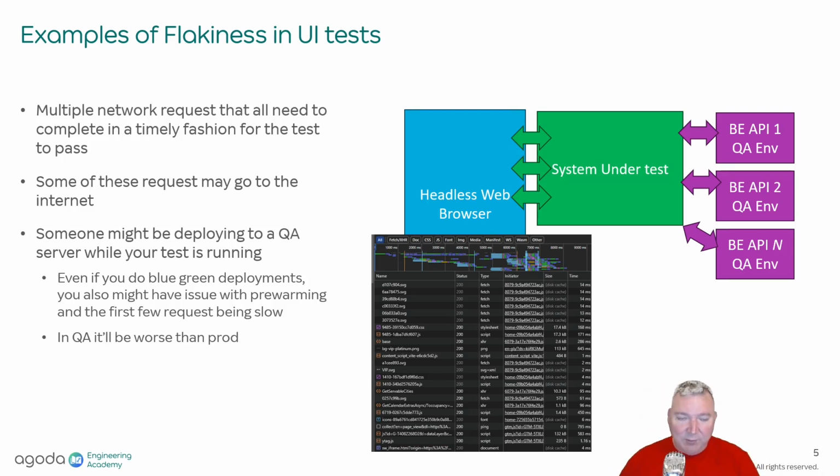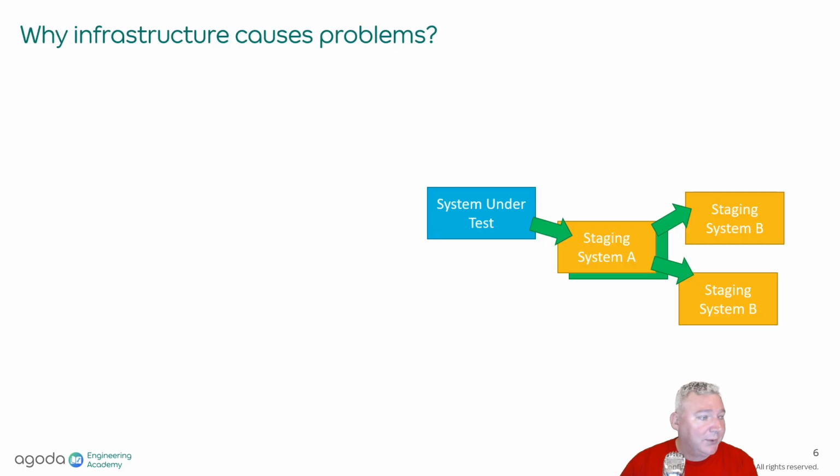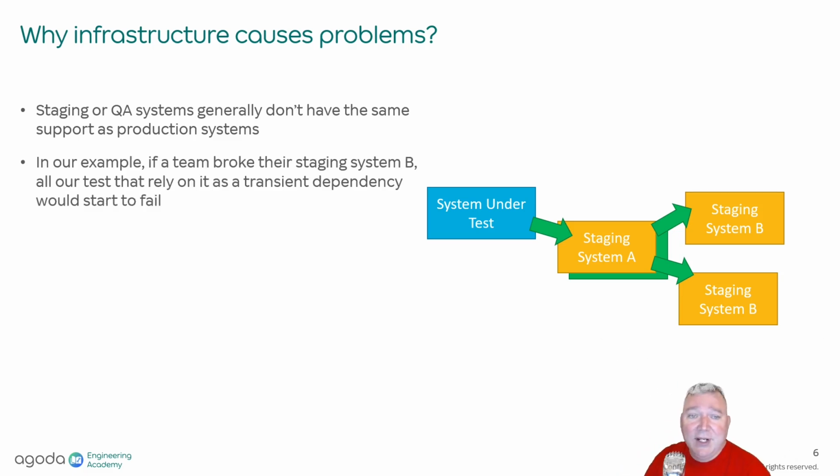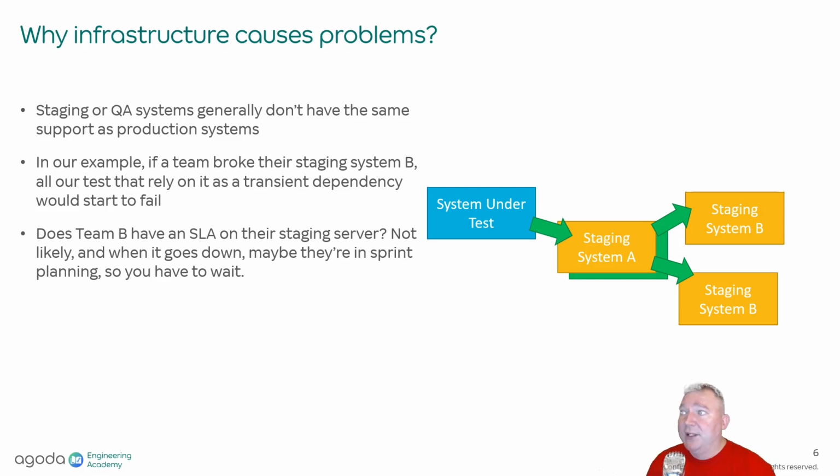If a bunch of requests from your test take an extra 10 seconds to execute because they're waiting for something to get cache to get warmed or something, then it's probably going to cause some timeouts and your test to fail. That's the problem that we're talking about. So why does the infrastructure cause a problem? Staging and QA systems generally don't have the same support as production systems. So, when they go offline and things like that, the team that's maintaining them, they probably don't have SLAs on them. If they do fail, yeah, sure, the team's like, we're in sprint planning right now, so you'll have to wait a while. So these are some of the problems that we have with using these for our tests that